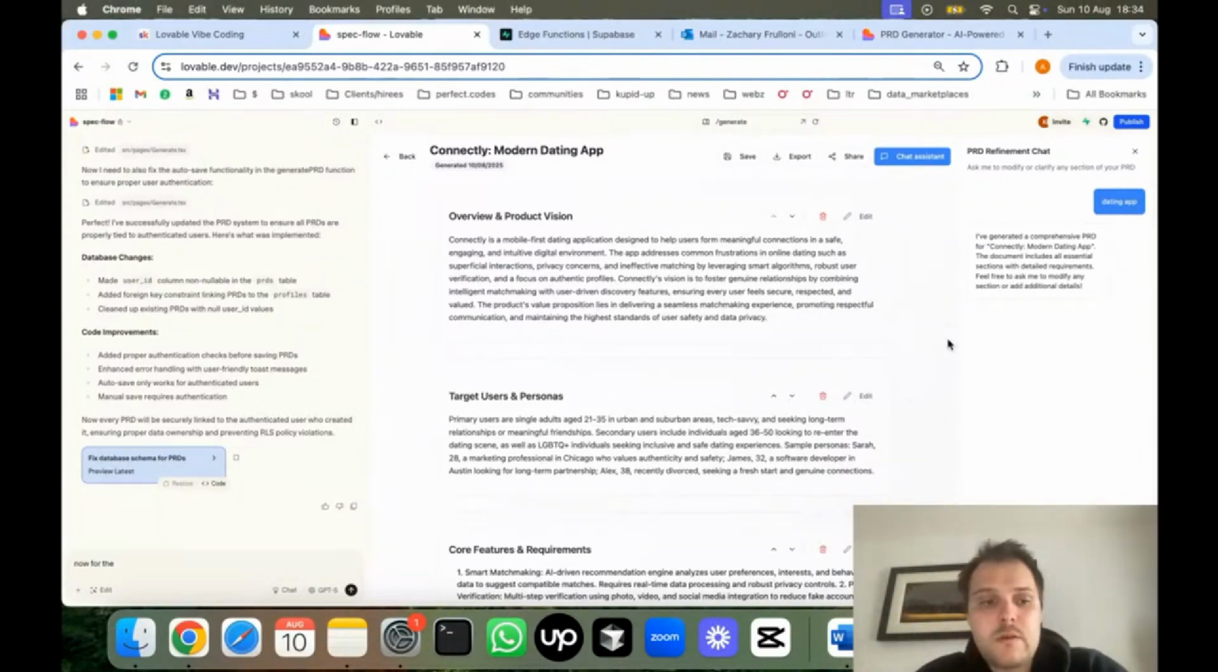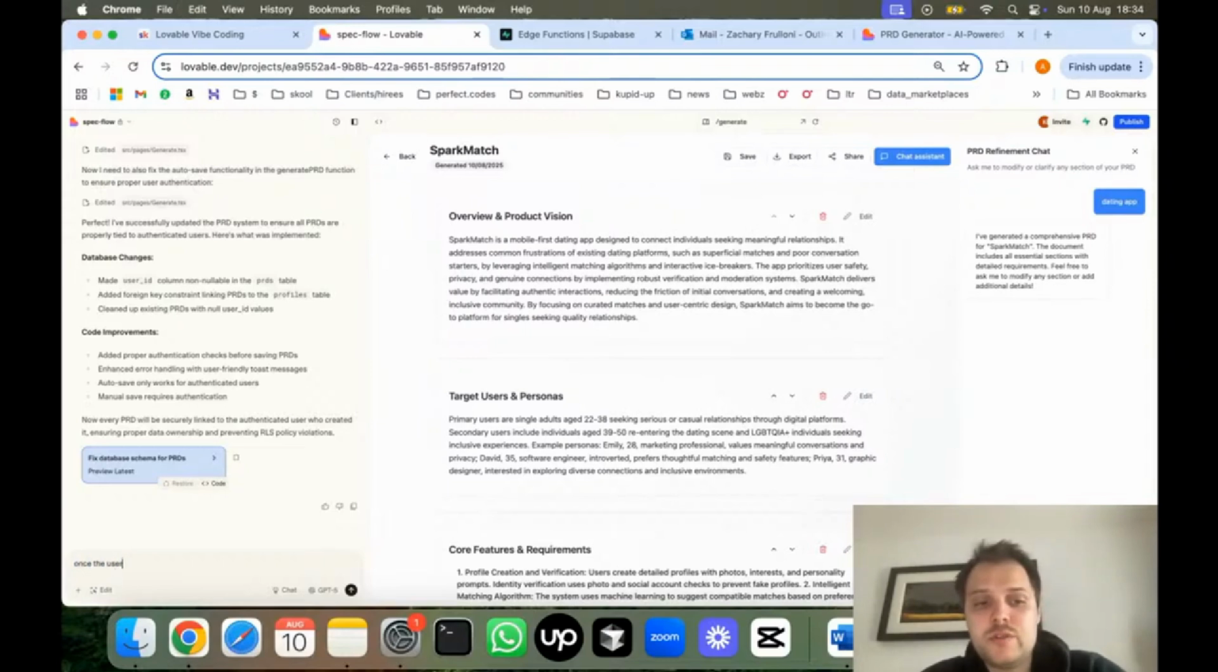So okay, let's now do the save feature. Once the user saves a PRD by clicking the save button. Okay, well, it's already doing that here. What we want to do is store the chat history here. So we're going to store all of this. I want to store chat history in the PRD refinement chat feature. So I'm going to store it in a Supabase table and tie it to a specific PRD, which is this one here,